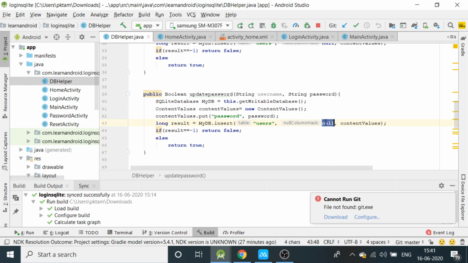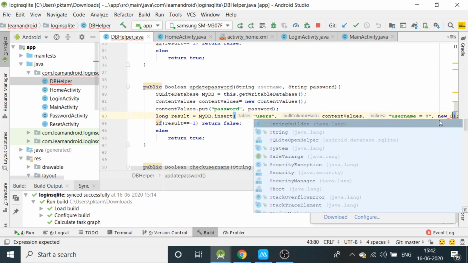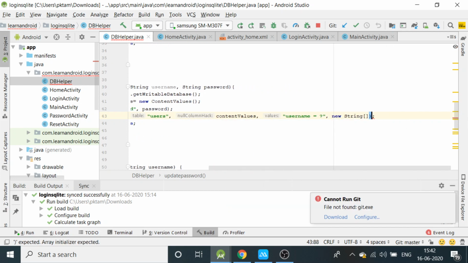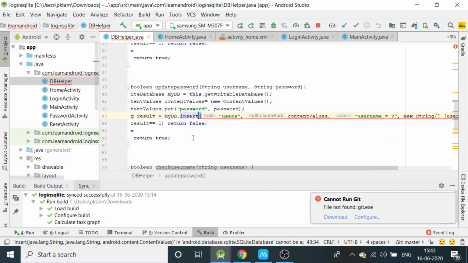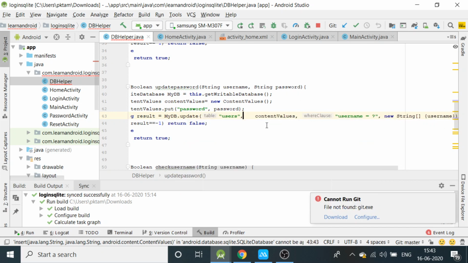And here we'll delete this null, and then after the contentValues we write username equals question mark. So basically it is checking if the username matches the username given in the function. We have to update the password. So we'll also change the insert method here to the update method. Basically it is for updating the existing value, and then you can see it is set.